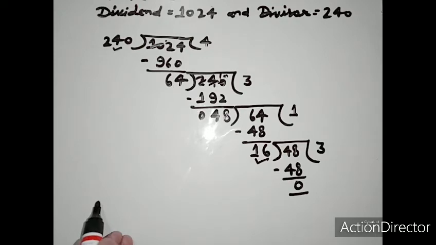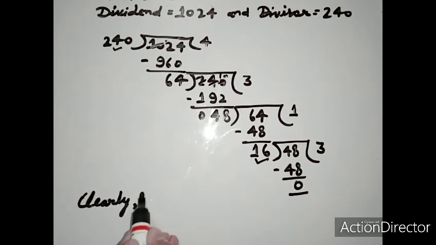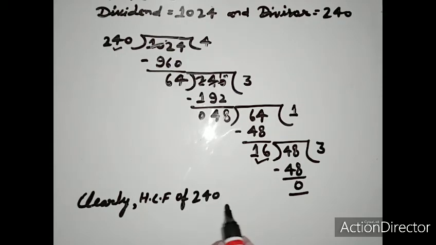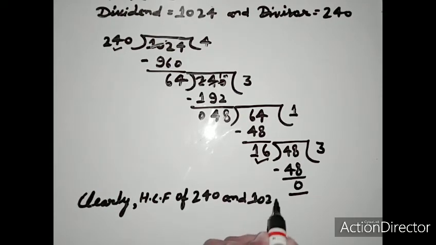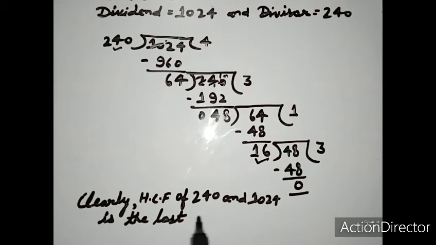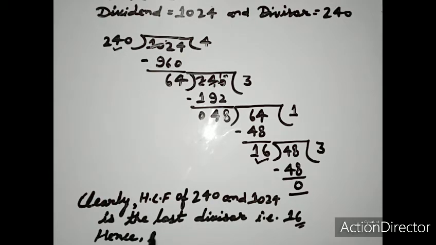So here we write clearly HCF of 240 and 1024 is the last divisor, that is 16. So here we write hence required number is equal to 16. Okay students,